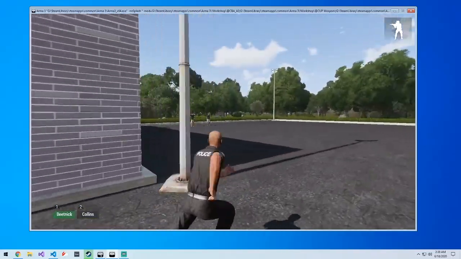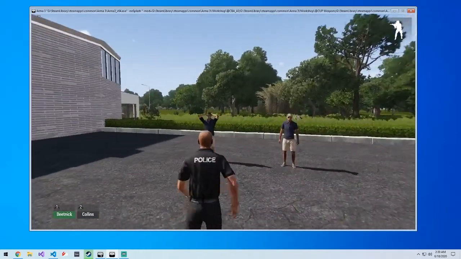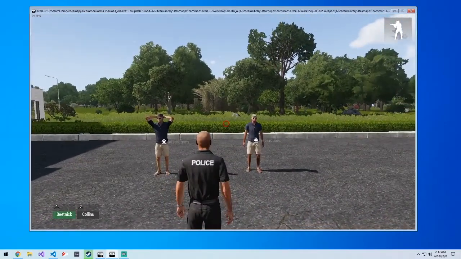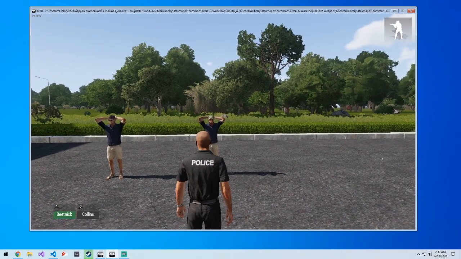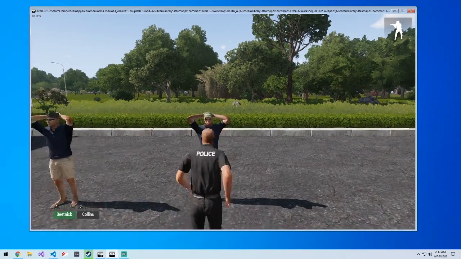Say I'm a cop, right? Just like I am. So you can see if I activate that, it immediately tells the person to surrender. Now, before,